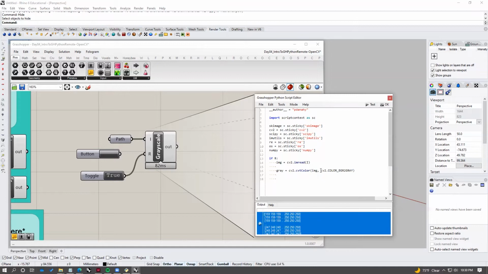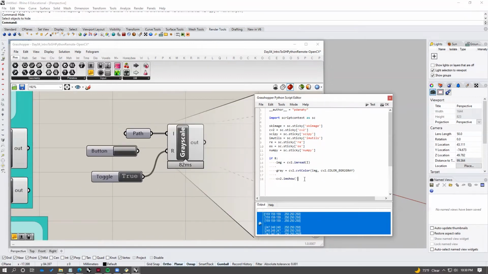You just need to say cv2.imShow, give an input name, so grayscale as a string, and then input our image we want to show, which in this case is gray. We want to show both the original image and the grayscale image. We can do that here as well. So original, we just need to input the original image variable there. So here it's going to first show us a window with our original,